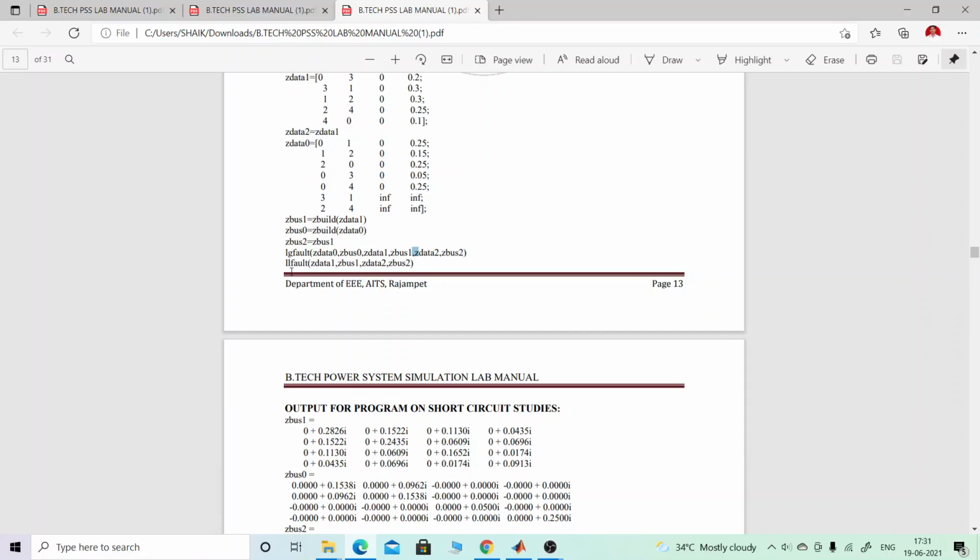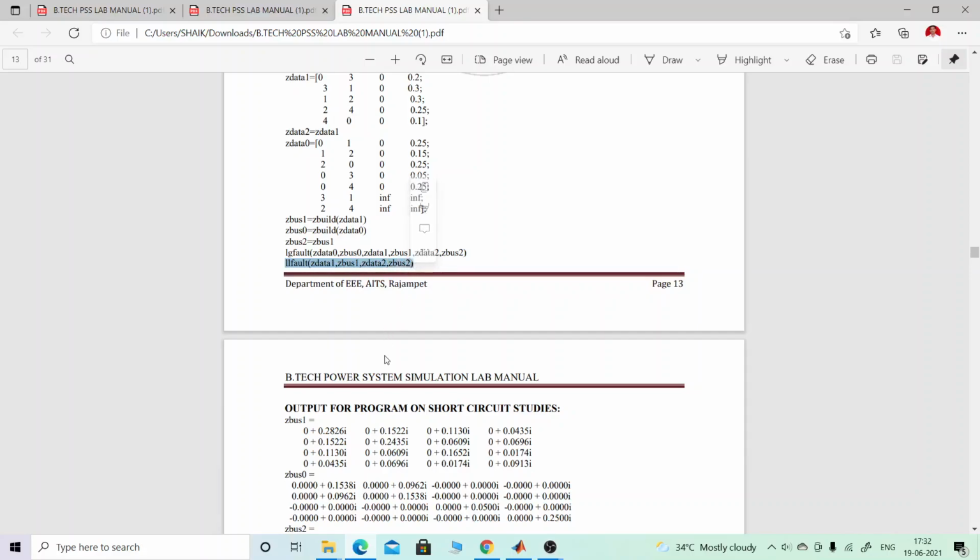So in that one I am not including Zdata 0, Z bus 0. I am assigning LL fault of Zdata 1, Z bus 1, Zdata 2 and Z bus 2.